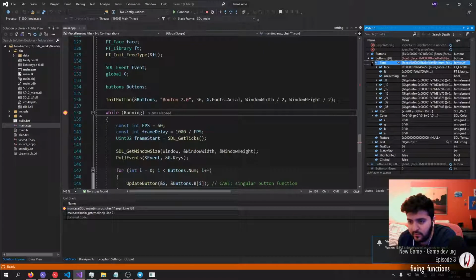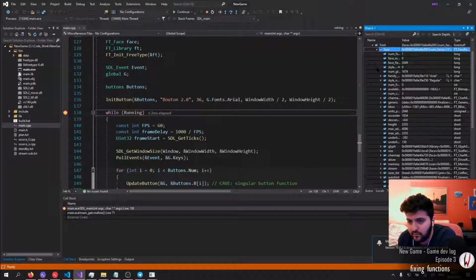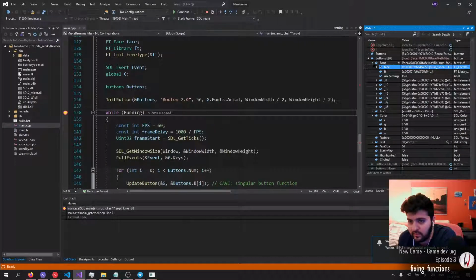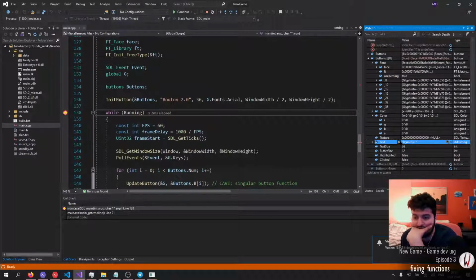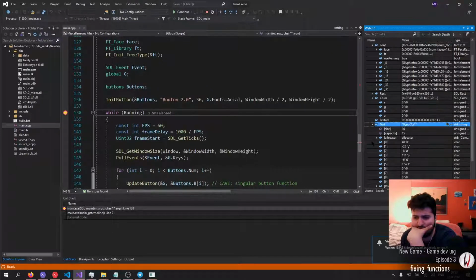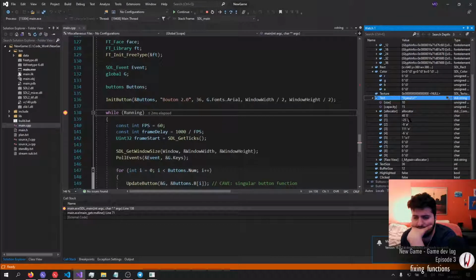The face looks like it's working. The text is wrong though. Is the text size correct? 36. The text size calculation is correct, it's just that